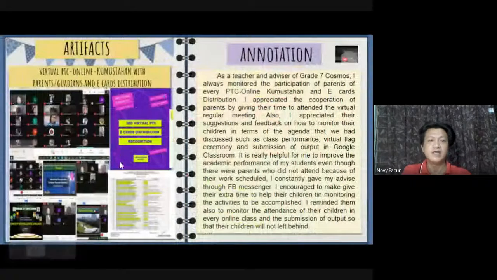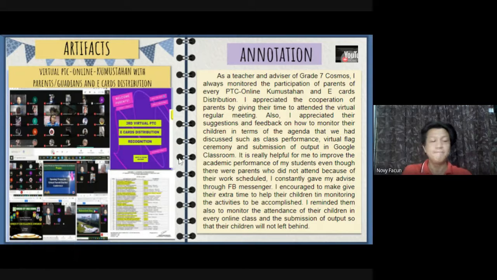Tsaka yung attendance. And also, virtual PTC online kumustahan, no? Every quarter kasi, meron akong ginagawang online kumustahan. Para at least ma-monitor natin yung mga parents at students at the same time, no? Para makita nila na kumusta ba yung anak ko. Di ba may mga parent na talagang sobrang busy, hindi na nila alam kung pasado ba or bagsak yung anak nila. But if you conduct online kumustahan every quarter, talagang mararamdaman nila na aware sila na consistent yung pagiging concern natin as their advisor of that learner.